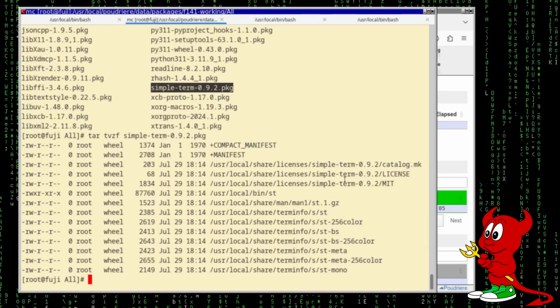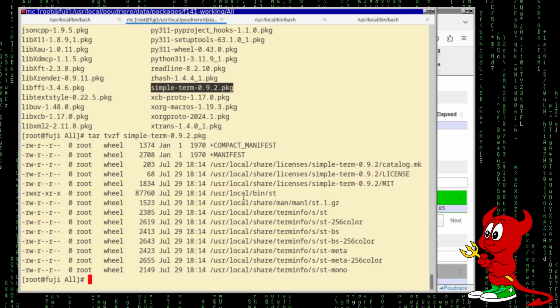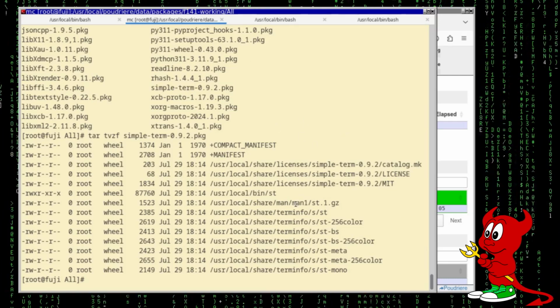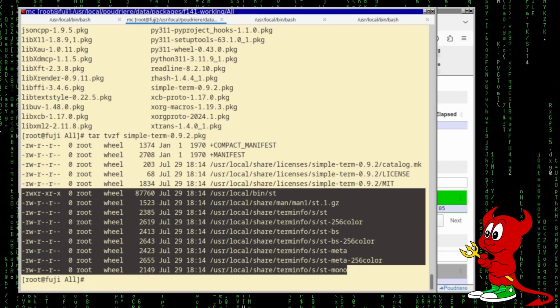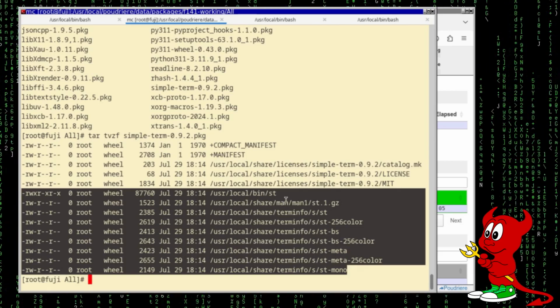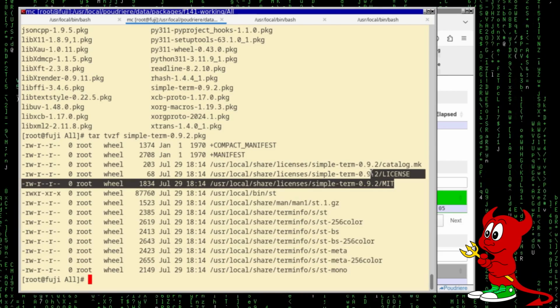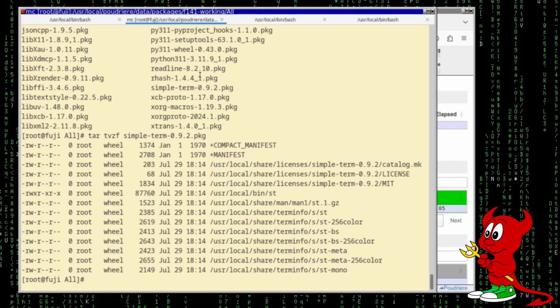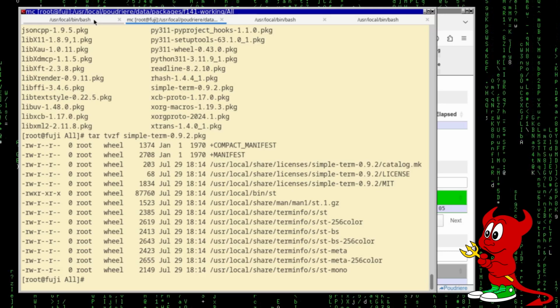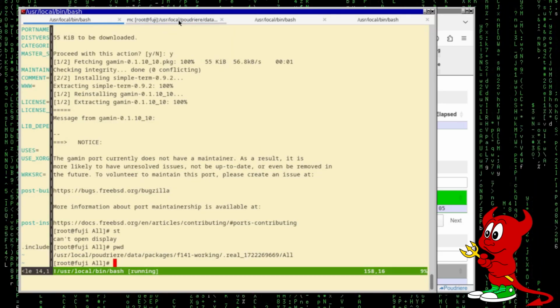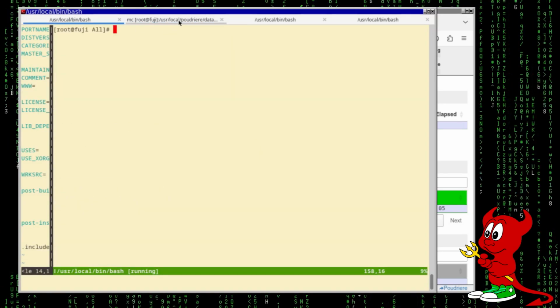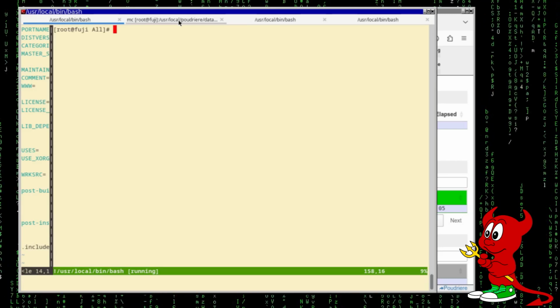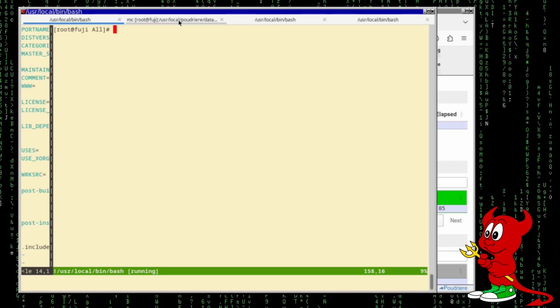And these are the files that are inside. So /usr/local/bin, those files that we have specified, they are all inside. Okay, nice. The license files with the catalogs, a manifest, and etc. So the package is well done. Okay. Now we would like to create, before I've shown that this package is already present, so I'm going to